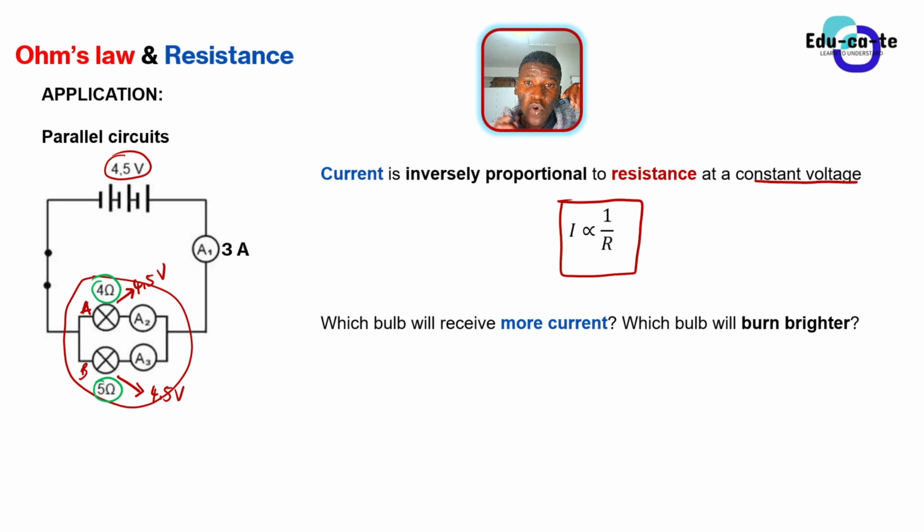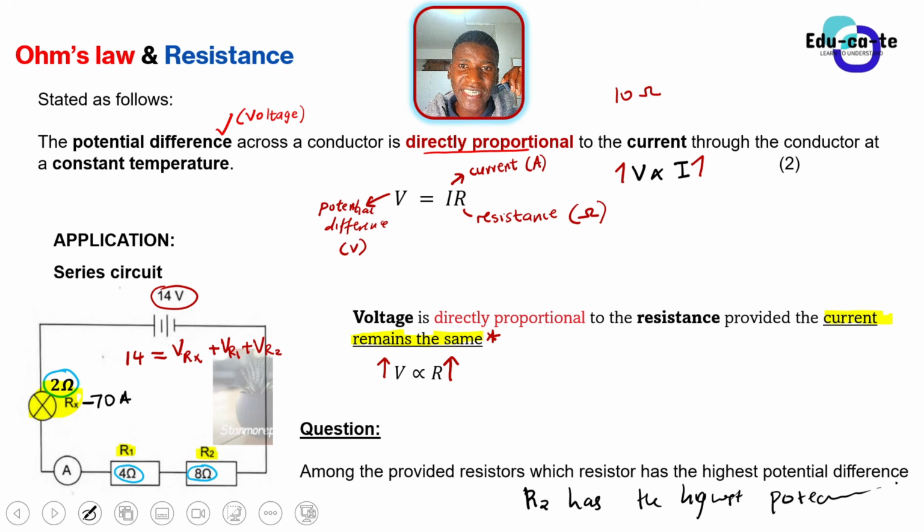Why is that? Because in a series circuit, the current remains the same. So it doesn't matter what the resistance is. Remember, in a series circuit, as we did there, the current through R1 and R2 and Rx is still the same. It is because they are connected in series. They receive the same current regardless of their resistance. It doesn't matter that R2 has a greater resistance, it will not have greater current. Okay, the voltage is the only thing that matters here.